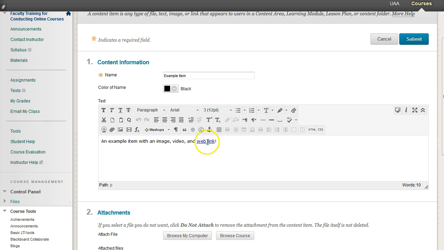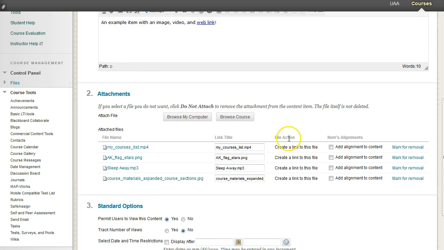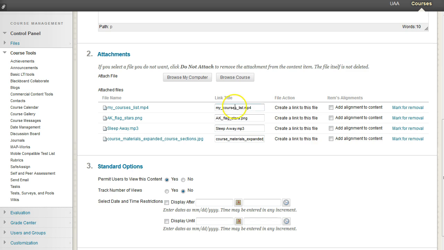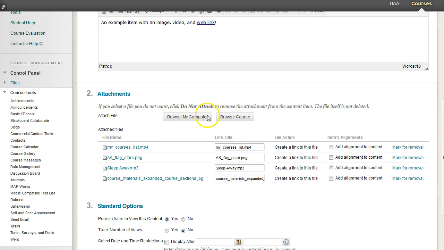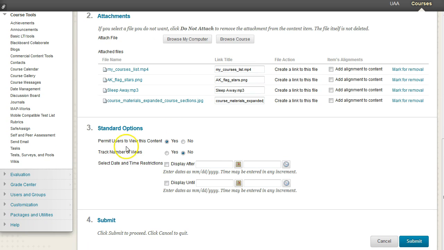And now we have our hyperlink right here. Under attachments, I've got multiple attachments. We have a video as an MP4. We have a PNG image, a JPEG image, and then an MP3 audio file. And what you can do at this point is click on Browse My Computer, and you add each file individually. And then standard options, permit users to view content, sure why not, and then go ahead and